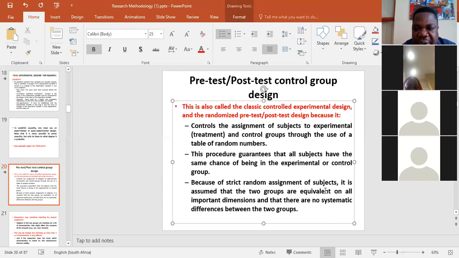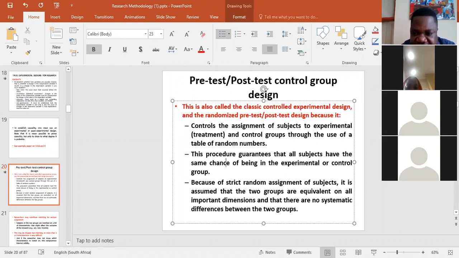You use a random number, you place them. If you get this, you go into the experimental group. You get this number, you go into a control group. Because you randomly place them, there is some level of control that you control. Then, because of strict random assignment of the subject,